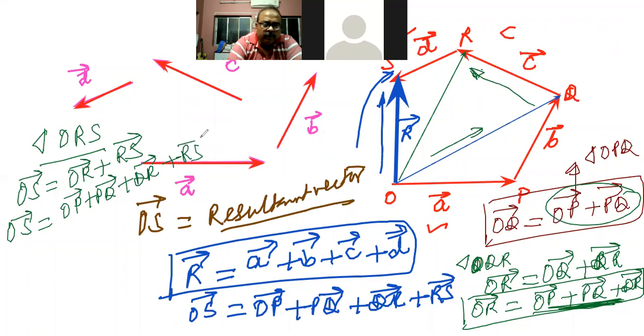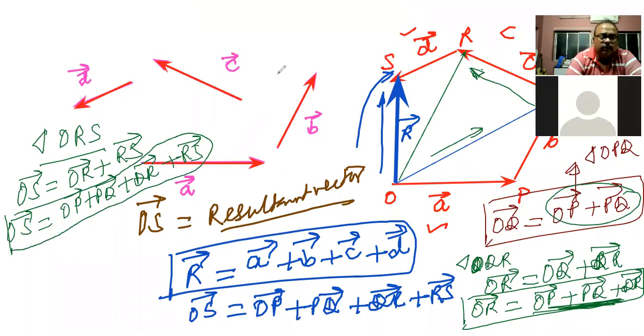So from here what do you get? OS vector is equal to OP vector plus PQ vector plus QR vector plus RS vector. Hence, you can say, what is OS? OS was R vector. This is equal to A vector plus B vector plus C vector plus D vector. So we have proved this. That means we have proved the polygon rule using